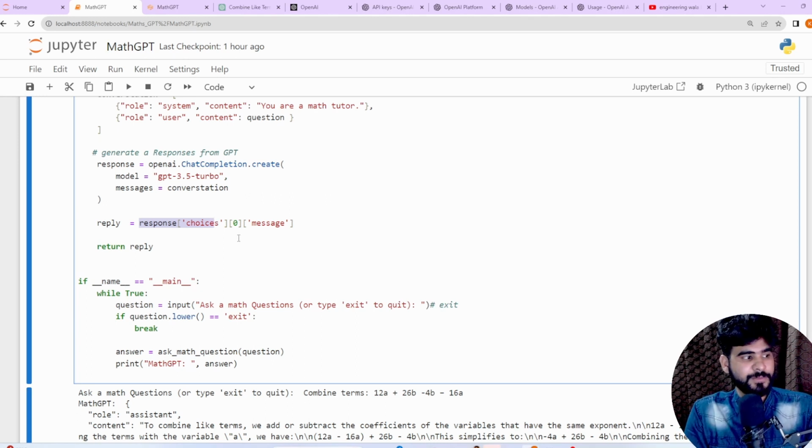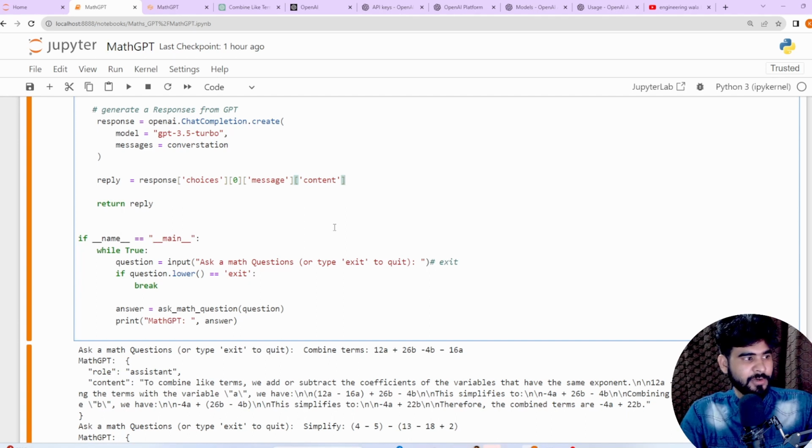From our responses we are going to call the first output, a complete message. From this message we are going to pass a content key as well, and with the help of this content key we will get our complete response in a readable format. Let's run it and verify once.